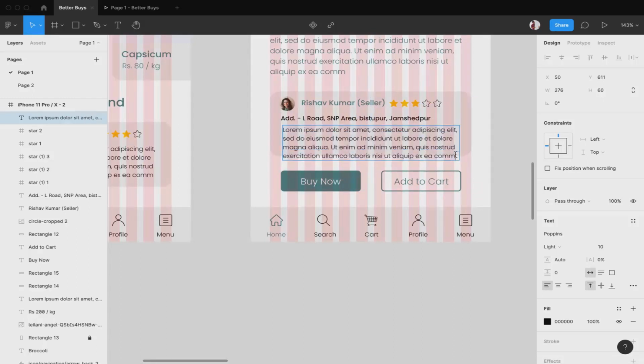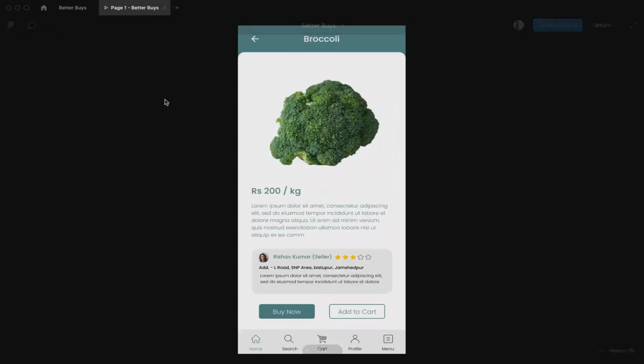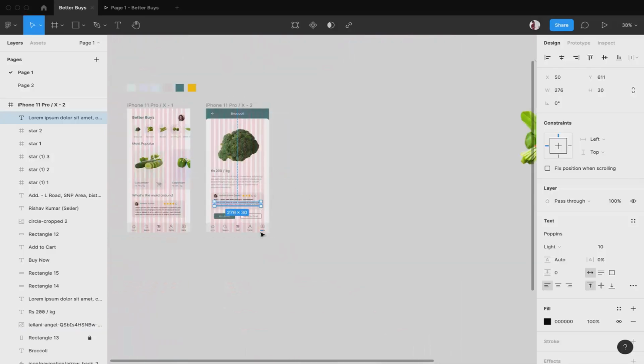So we can decide that later once we reach the point to do so. And with this, the screen is done as well. This screen also looks pretty decent. This will be the description of our products. Now for practice I suggest you create it for all the other items as well.